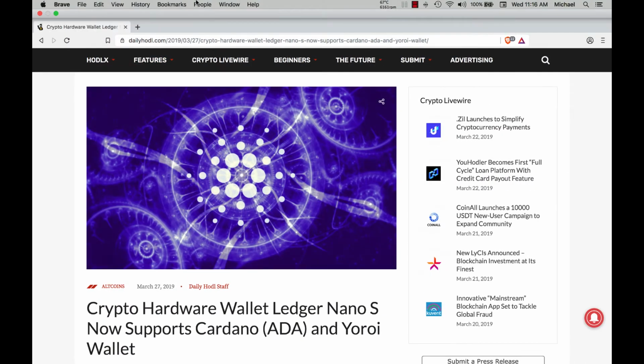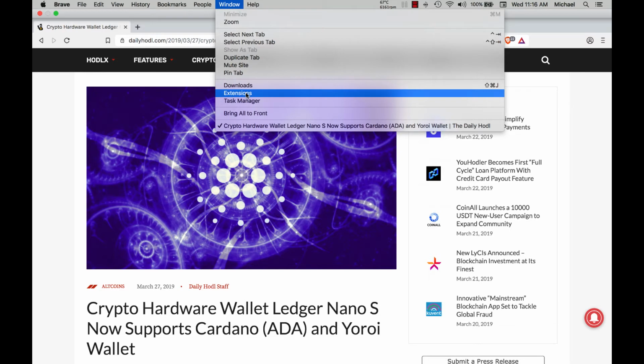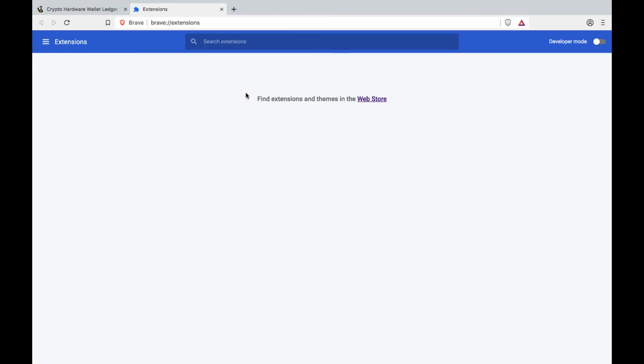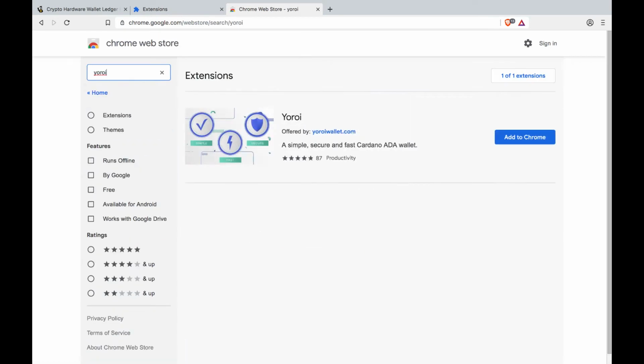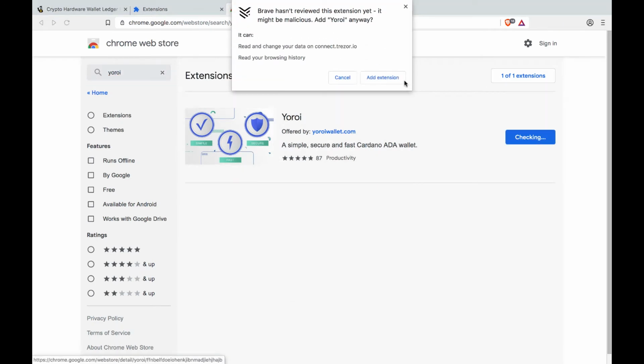So next up, I'm going to go ahead and install Yoroi on my browser. It's the same process for Chrome, but I'm going to do it on Brave. So under the window menu, I select Extensions, and then I'm going to open the web store. I'm going to do a search for Yoroi, and I'm going to add it to Chrome, or Brave in this case. Add the extension,